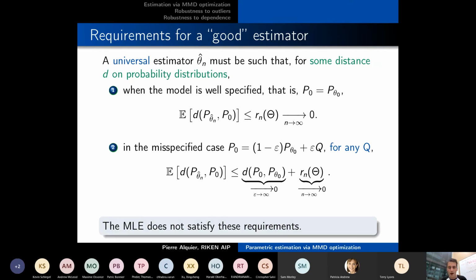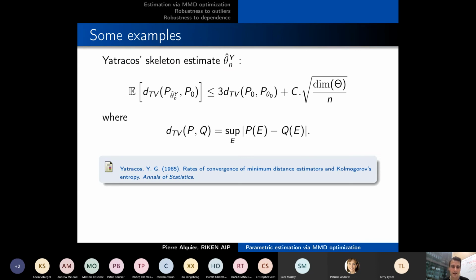So as I said, I want to try to build something that satisfies these requirements. And I want to mention a very nice example that was built by Yatracos in the 80s. What I wrote is actually wrong in the sense that I really simplified the statement of the theorem. There are some assumptions on the parameter space, but